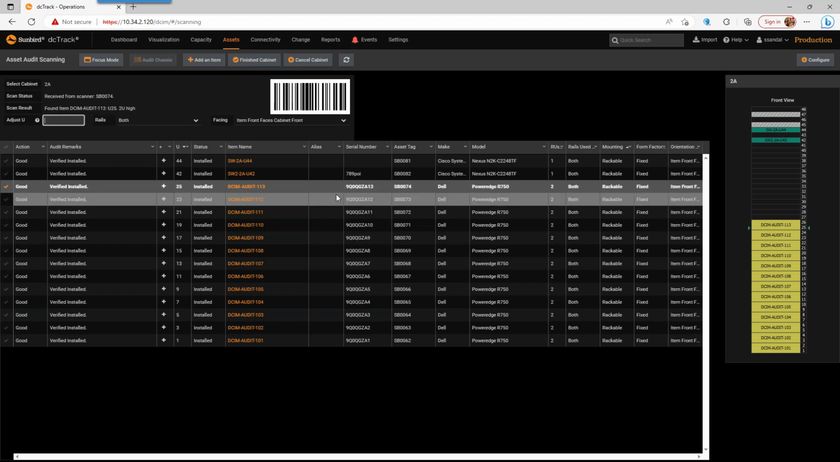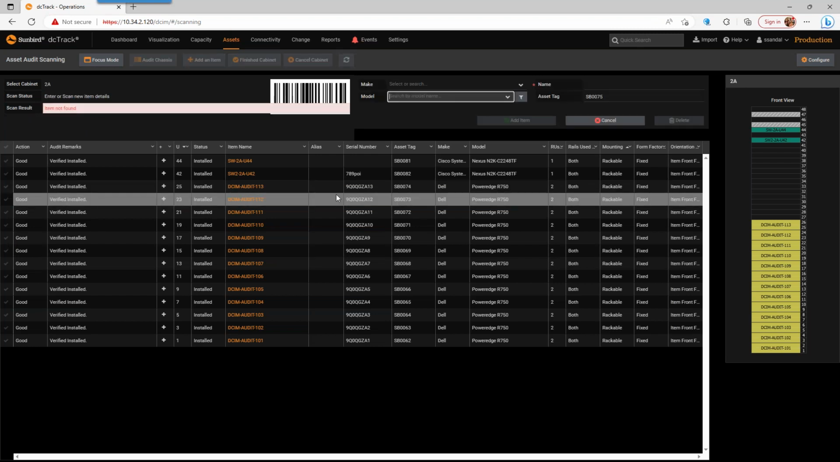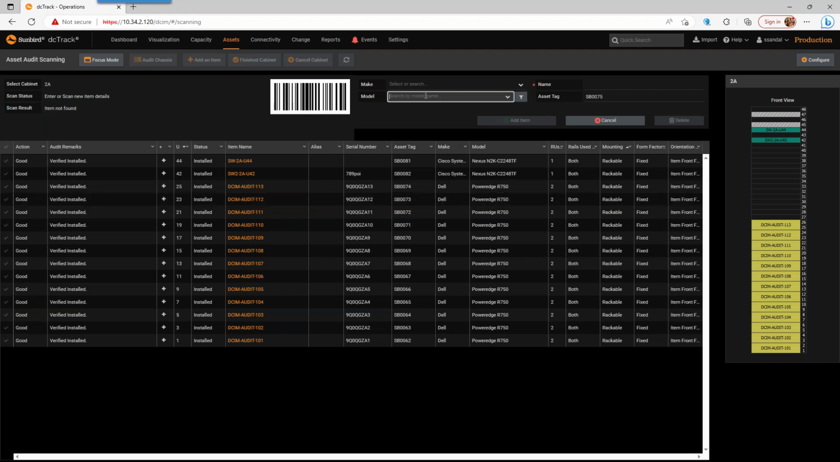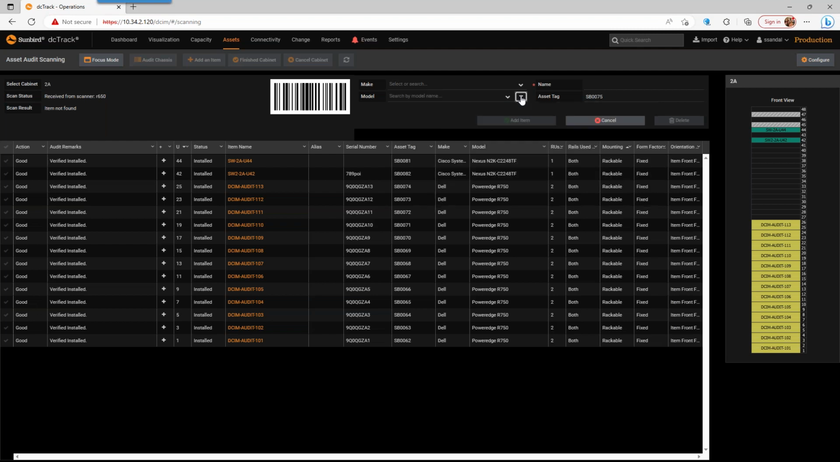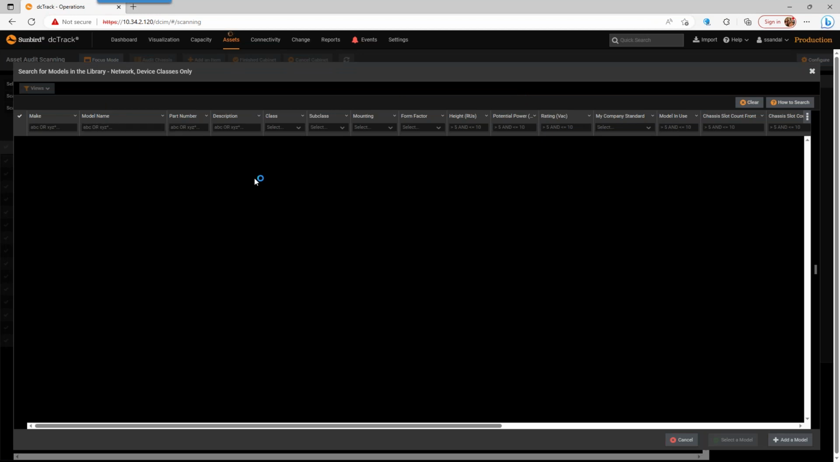Now let's say I get to the end and I hit one more, because there's one more server in there. It'll simply say, hey, item is not found. Enter or scan new item details. Now I can say, okay, this is an R650. Now this is an example where I could look here and say, oh, the model I'm looking for does not exist. So I'm standing at the cabinet, I'm looking through the model library in our software, and it doesn't exist. So subsequently, I can click on the little filter box that will then take me to where I can